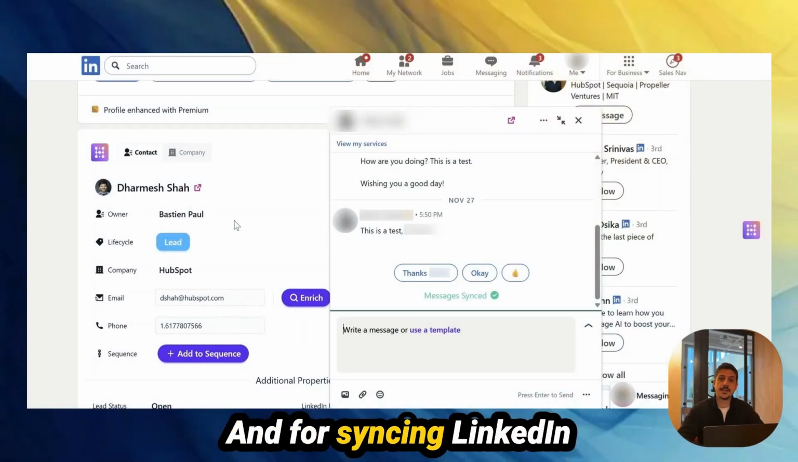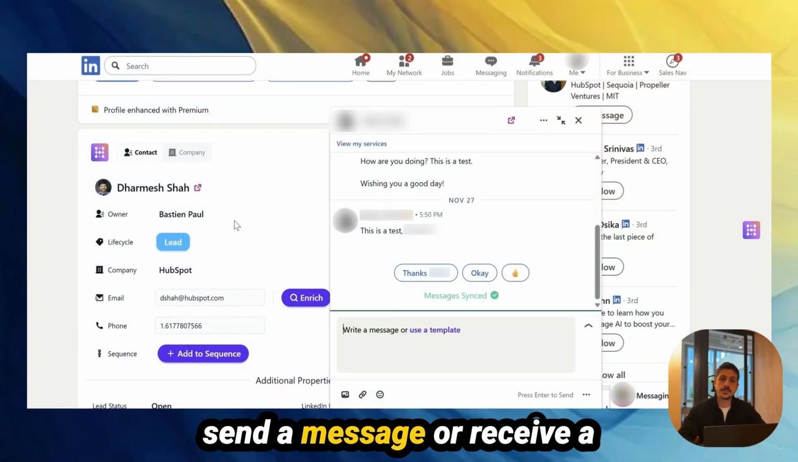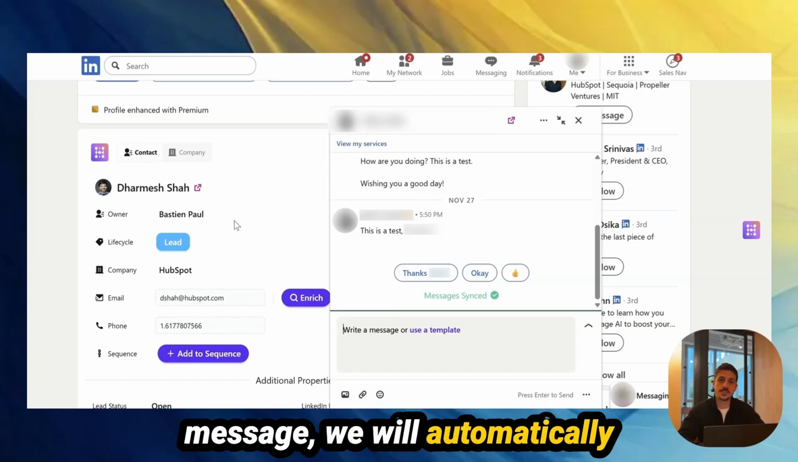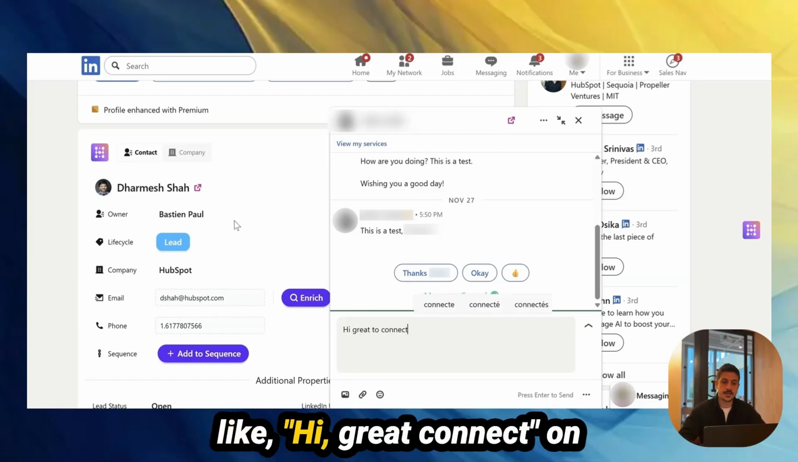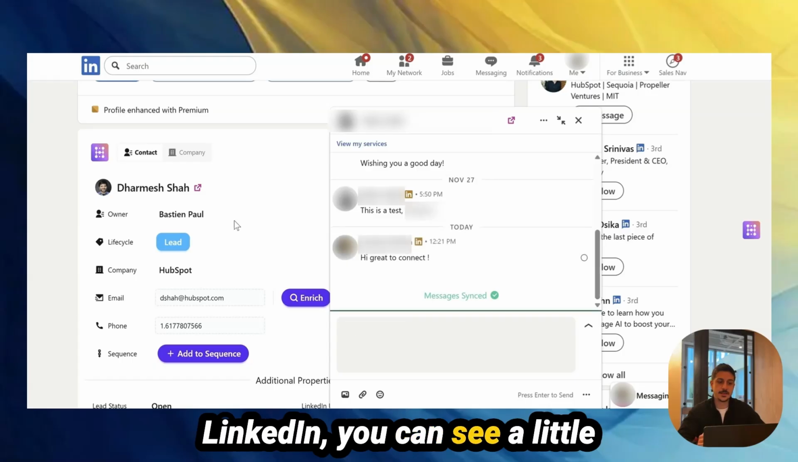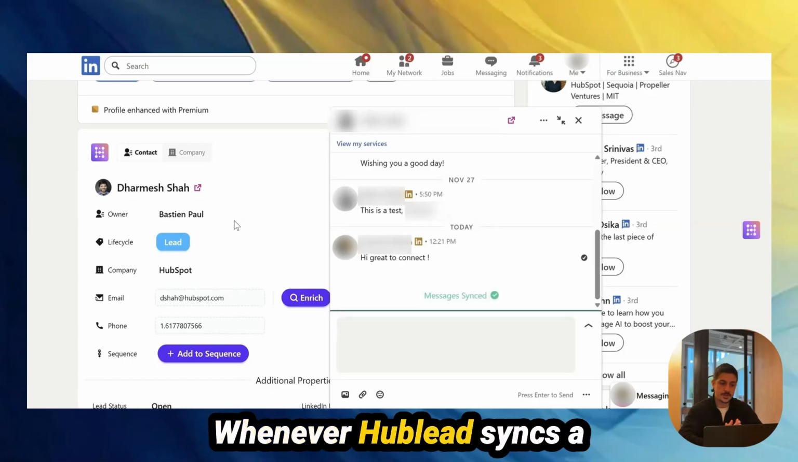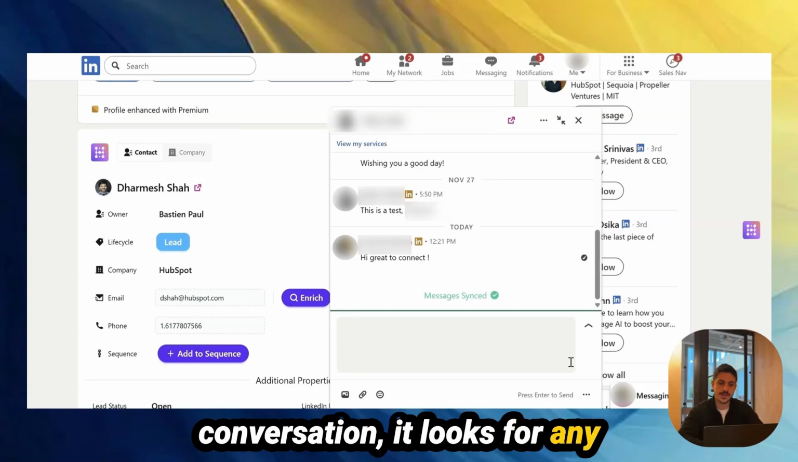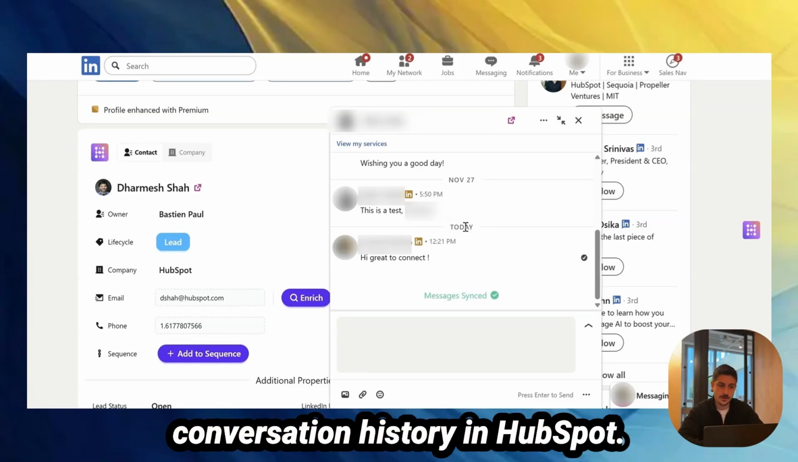And for syncing LinkedIn messages, whenever you are in a LinkedIn conversation and you send or receive a message, we will automatically sync that message to HubSpot. So when I send a message like, "Hi, great to connect on LinkedIn," you can see a little bar appearing at the bottom confirming message synced. Whenever Hublead syncs a conversation, it looks for any messages that haven't been synced yet and imports the entire conversation